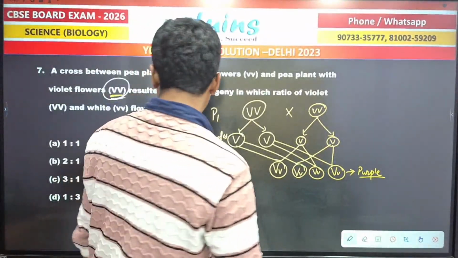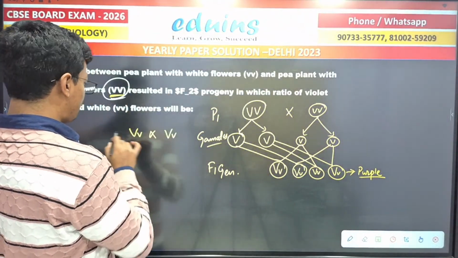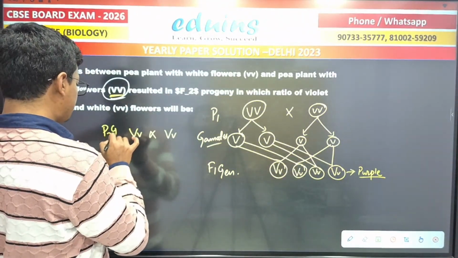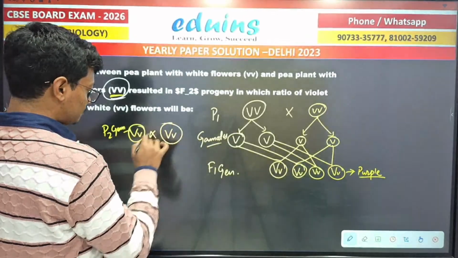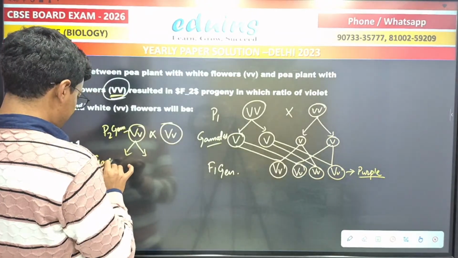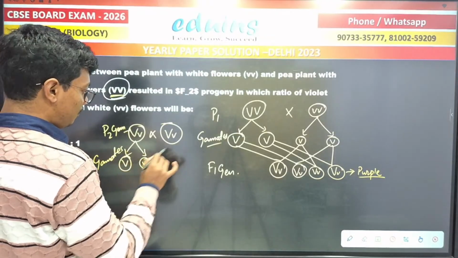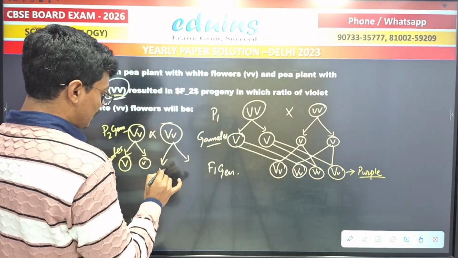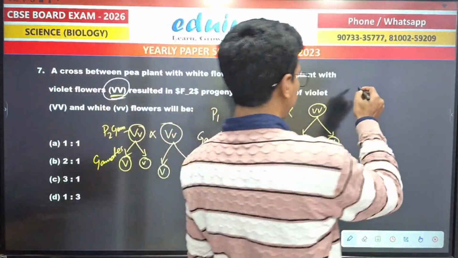Now the cross between capital V small v with capital V small v, that is the P2 generation. So the gametes are capital V small v, here also capital V small v. So through the checkerboard,